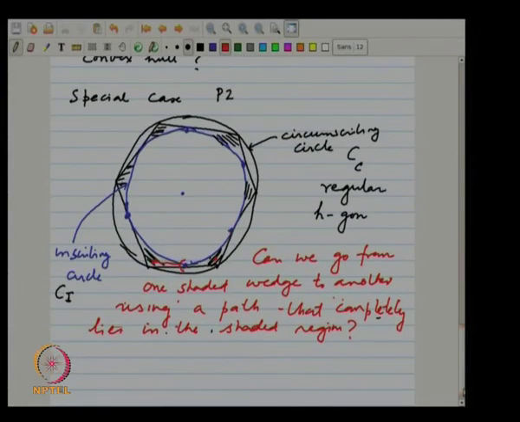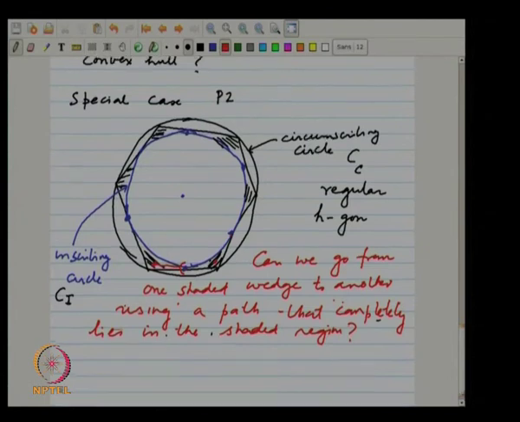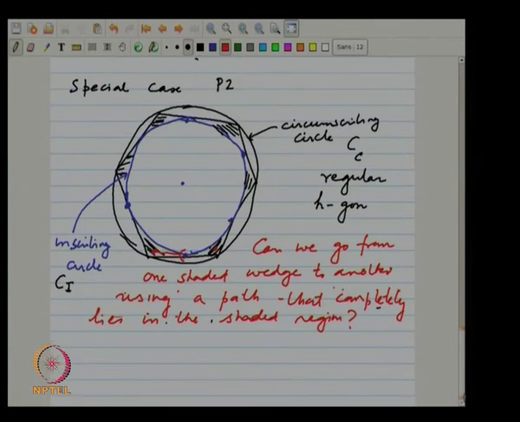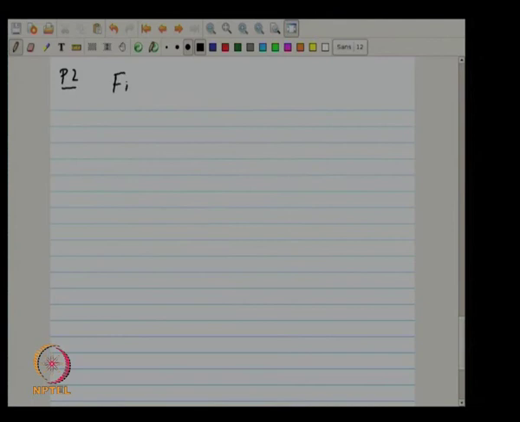So, then what has all this got to do with lower bounds? The special case P2 that I am trying to pose is the following. The earlier P1 was: given any set of n points and some number h, are there h points on the convex hull? Now, I am actually fixing these h points. So, P2 is: fix the h points